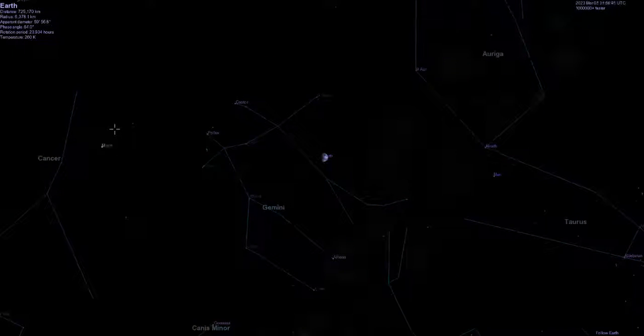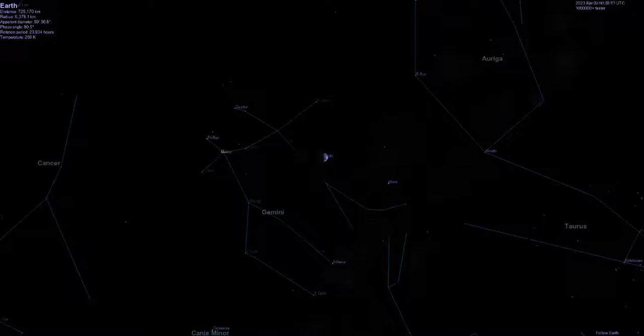Now we're seeing the moon orbit us, and you can see in the background there Mars coming across. We've slowed down the speed there. Venus is coming across. Now Mars is not travelling at the same speed, it's slowing down a bit. There's Venus